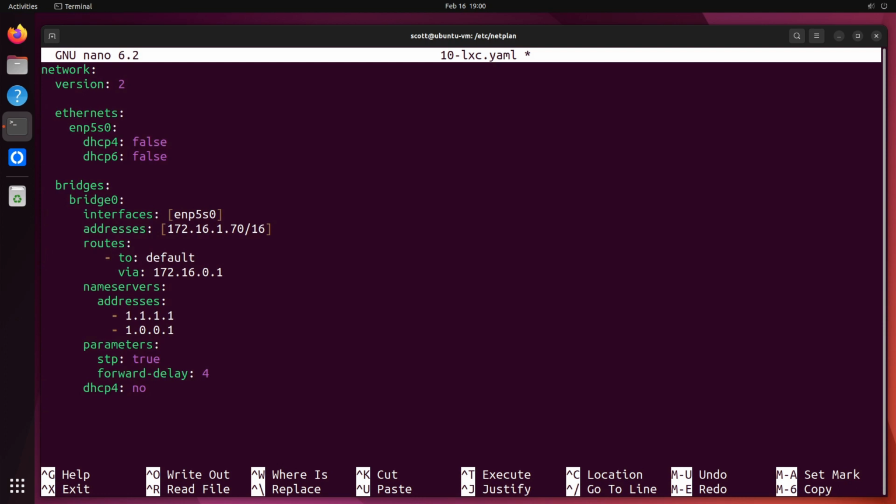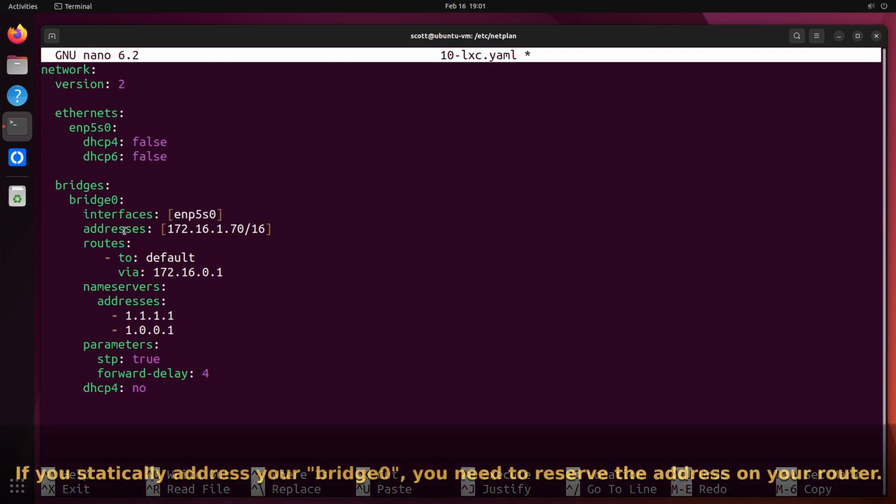So here we go, where we have Ethernets, and my physical Ethernet device, as we saw earlier, was ENP5S0, and here's where it's called out. What's a little bit different is that I'm saying that I do not want a DHCP4 address, and I also don't want a DHCP6 address on the device itself. And then I'm going to have some bridges, and my first bridge and only bridge is going to be named Bridge 0. It's going to use the device ENP5S0 also, and I'm going to set my address statically to